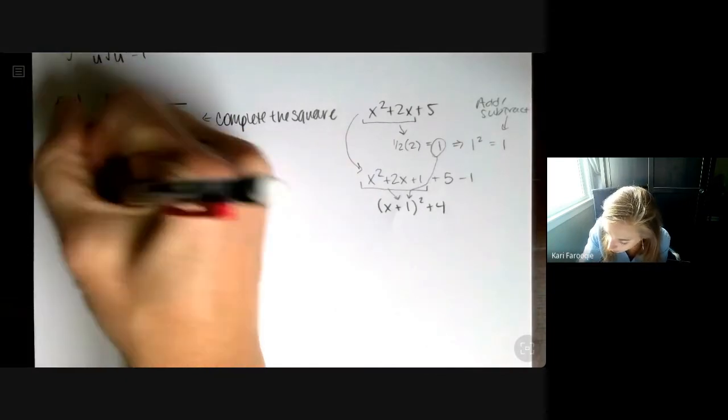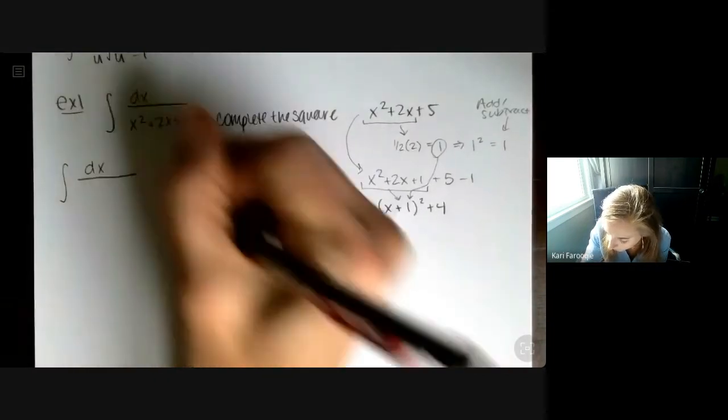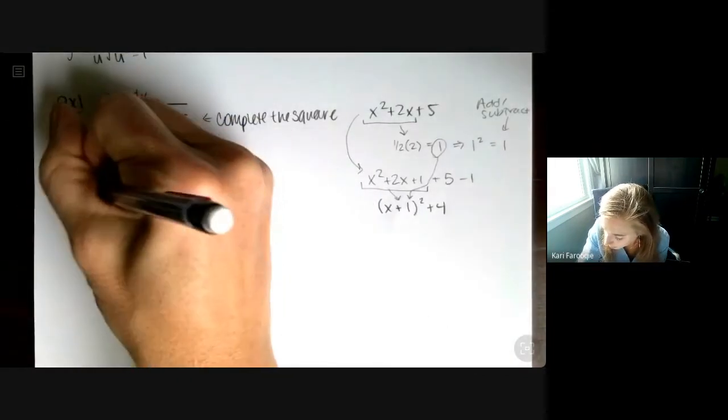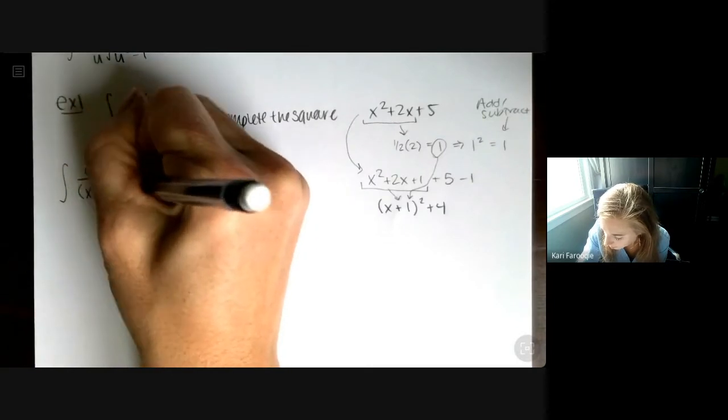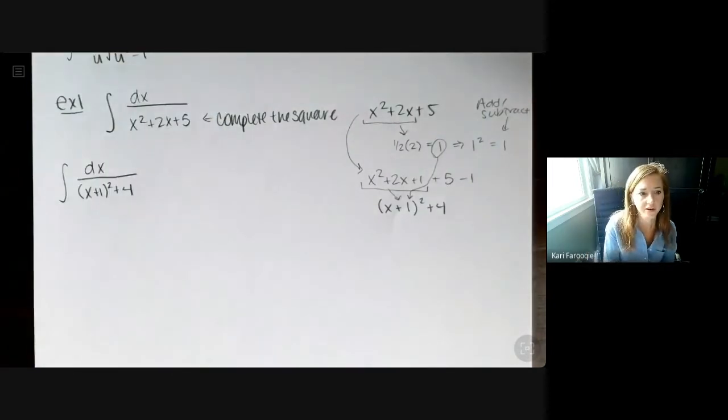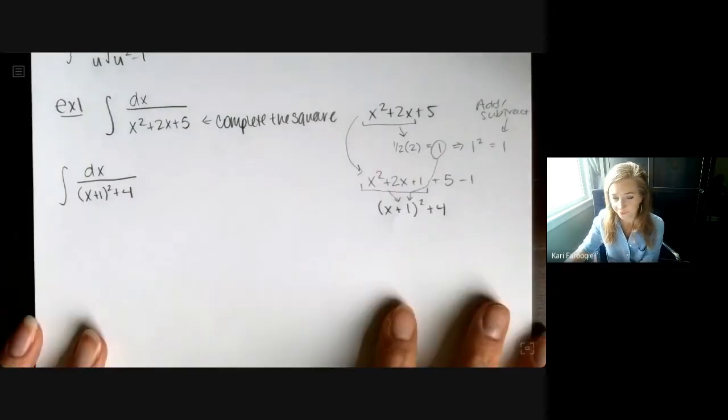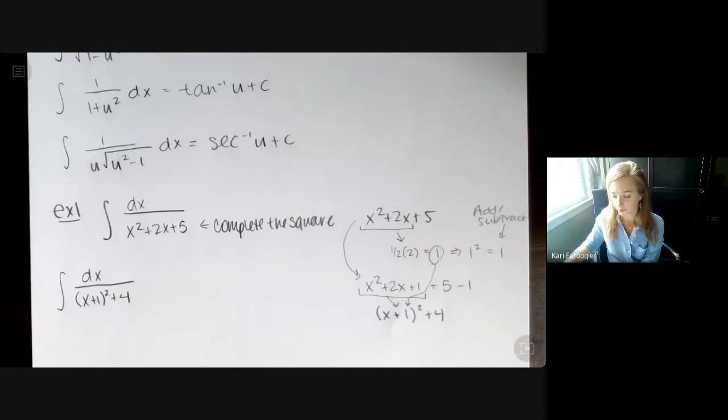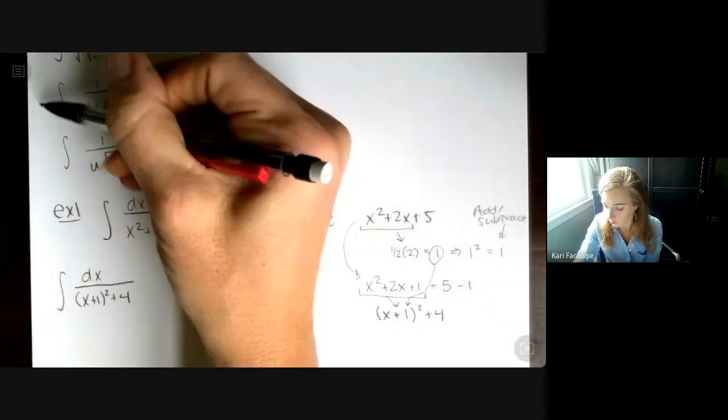So go ahead and put your integral back together again. But now we're going to write our denominator as our perfect square trinomial plus 4. So x plus 1 squared plus 4. Okay. And then you're kind of like, okay, now what do I do? Well, look, you're now in this form